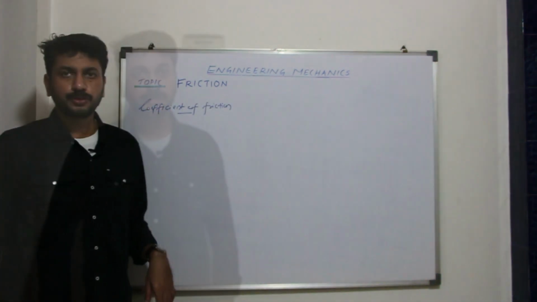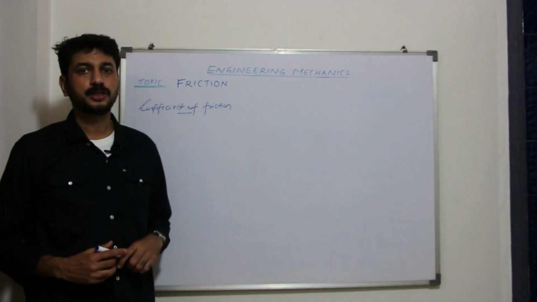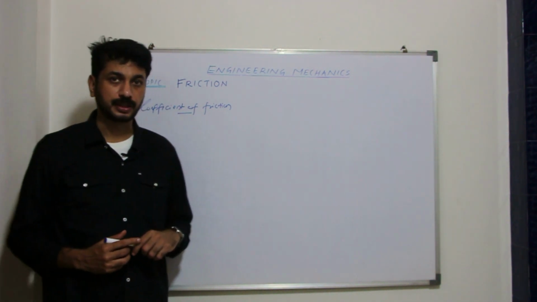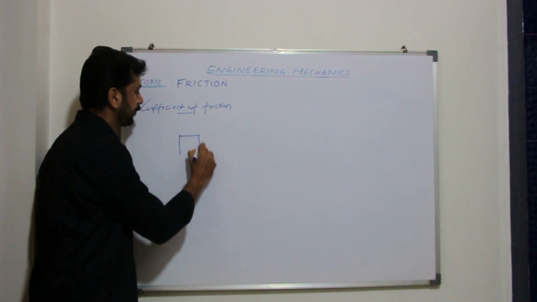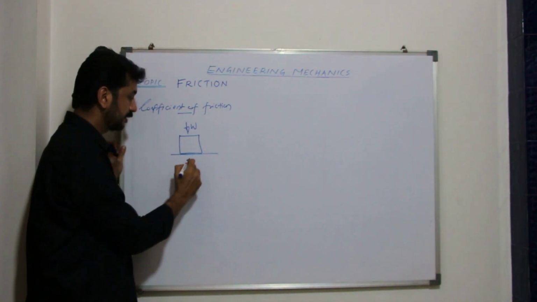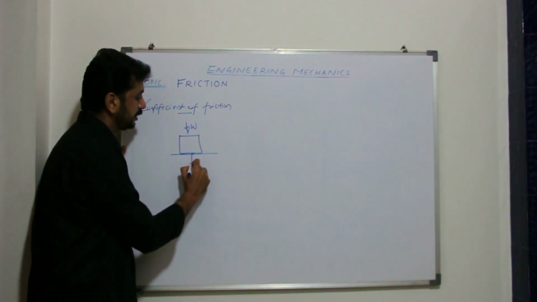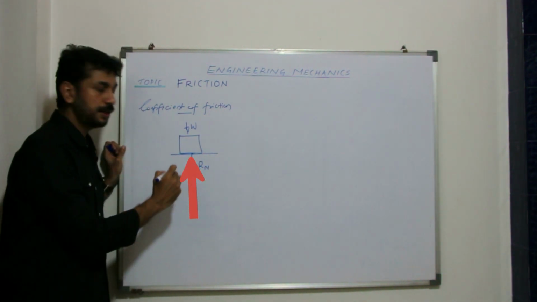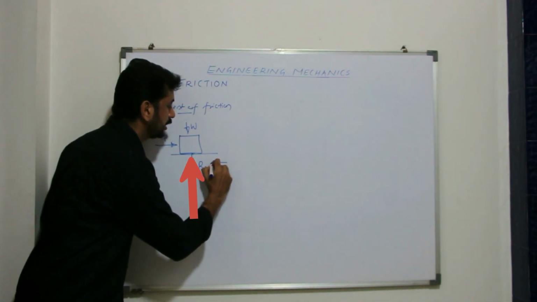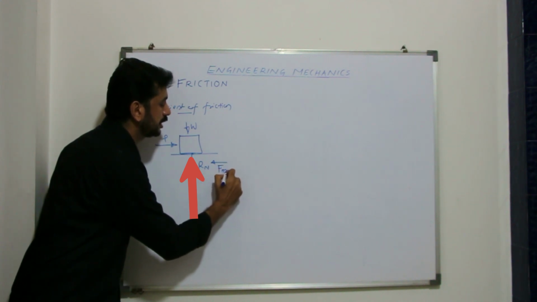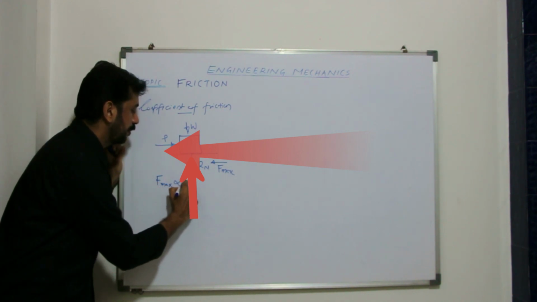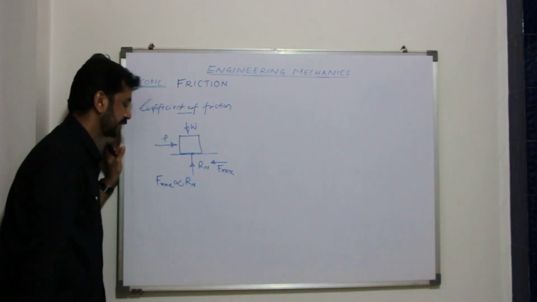What is coefficient of friction? The limiting friction is proportional to the normal reaction. This constant of proportionality is known as coefficient of friction. Consider a body of weight W placed on a horizontal surface. At the point of contact, there is a normal reaction. If an applied force of magnitude P is given to the body, at the point of contact there is a limiting friction F max. This limiting friction is proportional to the normal reaction,